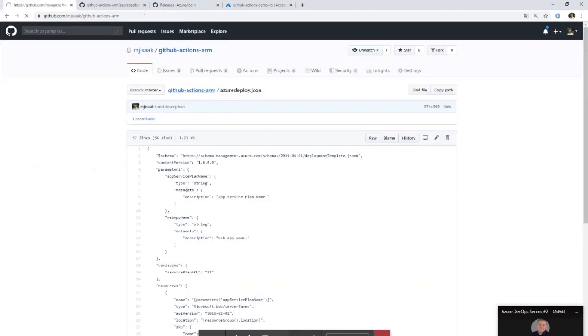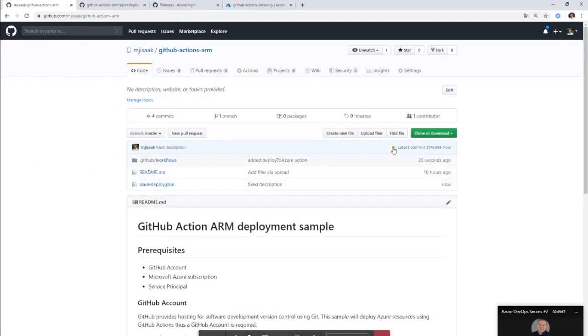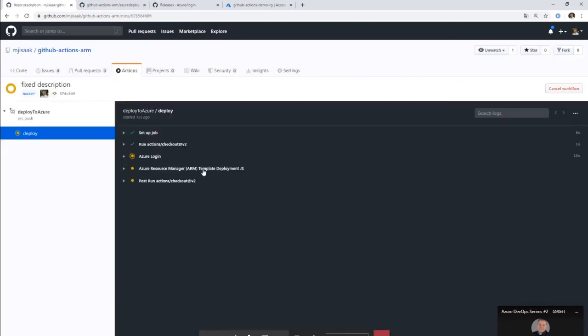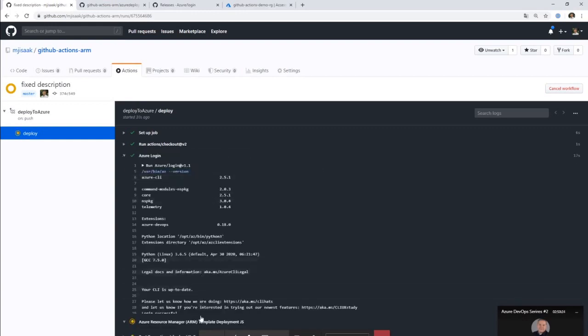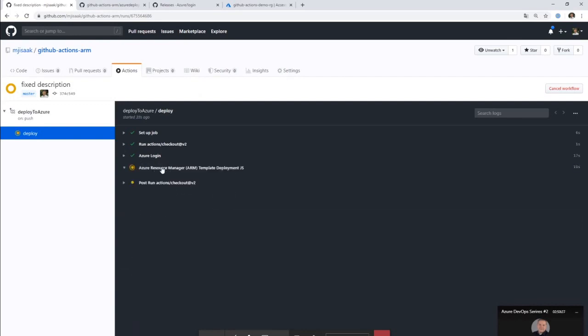Okay, and if we go back to our repository, we should see the dot here indicates that an action runs now. And if we click there, we see it's the deploy to Azure action. And the first job that will run is the deploy job. Right now we are in a queue because we are using the free hosted agent. It can take a few seconds before the job will actually run, but let's go and check where we are. Okay, so it already started running. The first action already executed, so we have all our files available within the agent. The login was also successful, and now the last action runs, which deploys the resources to Azure,